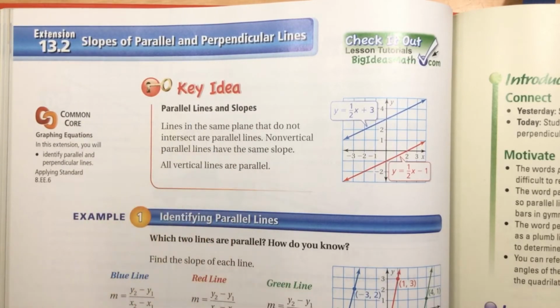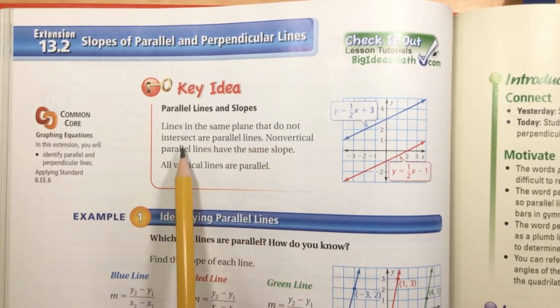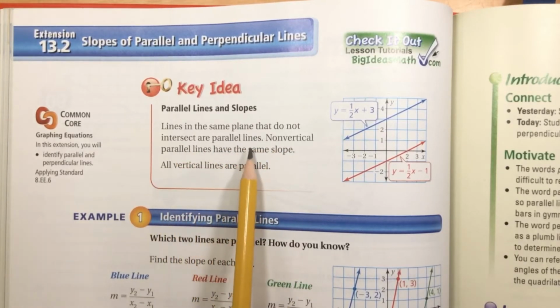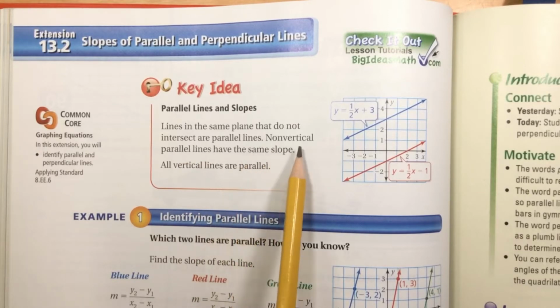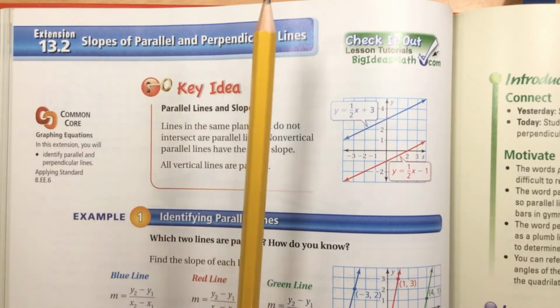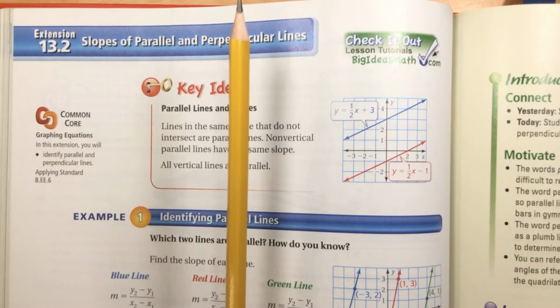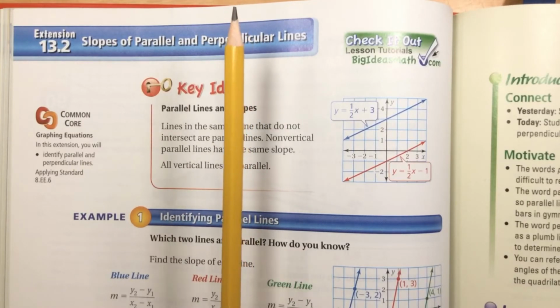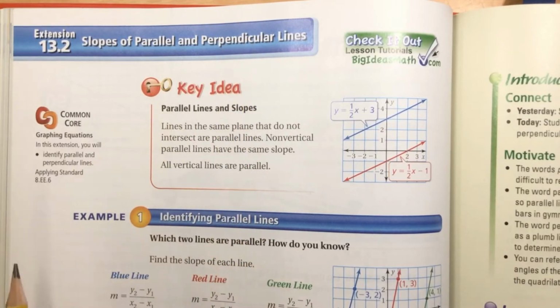Parallel lines and slopes. It says lines in the same plane that do not intersect are parallel lines. Well, we already knew that. Non-vertical parallel lines have the same slope. And the reason they had to put that non-vertical part in there is because remember, a vertical line, one that goes straight up and down, has undefined slope. It doesn't have a slope, it's undefined. So they couldn't just say